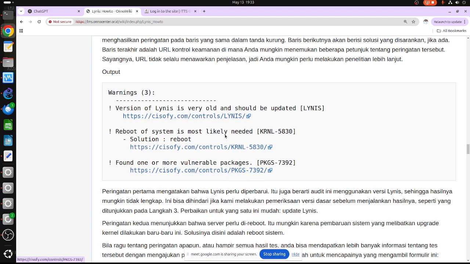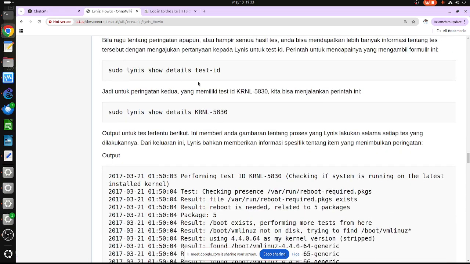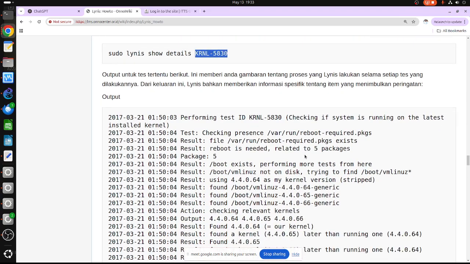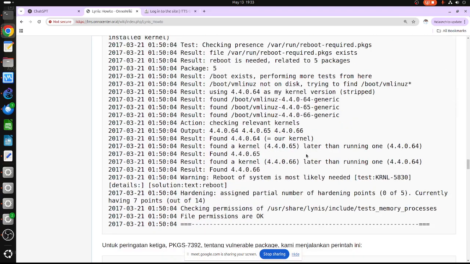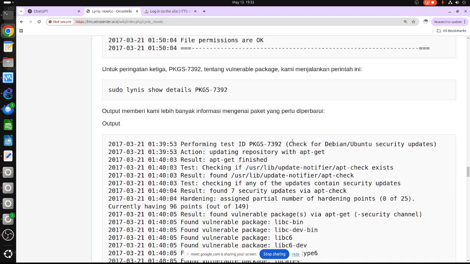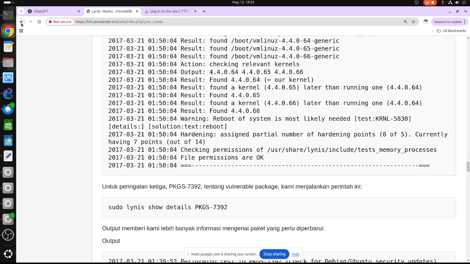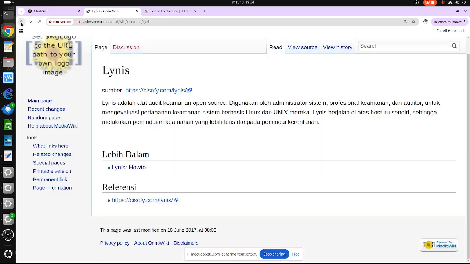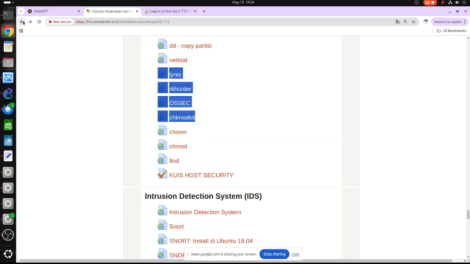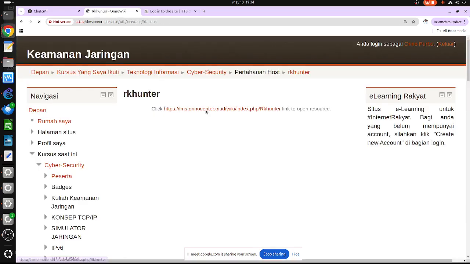We can check here in this document here. Okay. Normally they give the ID. Okay. And then we can check the ID on the website, and then we can check. So Linux is more, what's that? It's not only for hunting rootkit, but also to audit the whole system. Okay, so that's Linux. And then rootkit hunter, and the other is basically for finding the rootkit in our